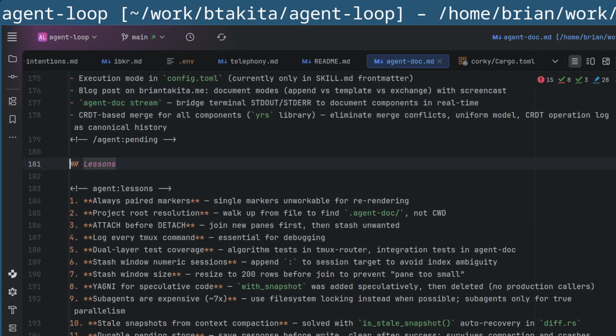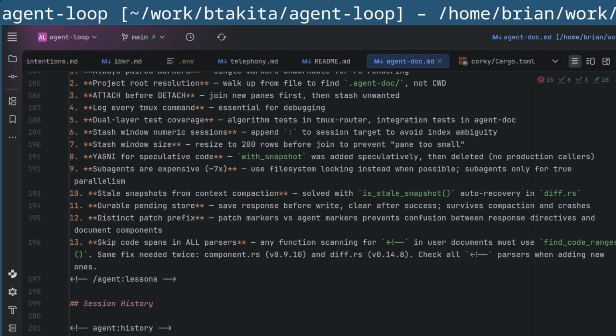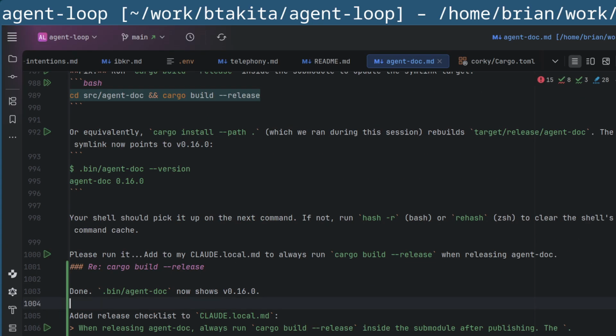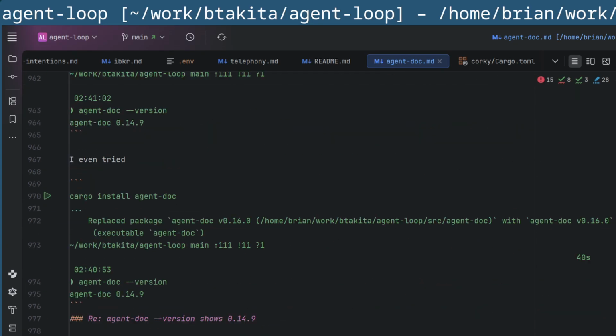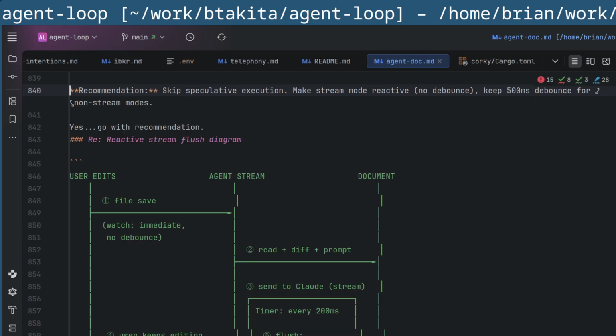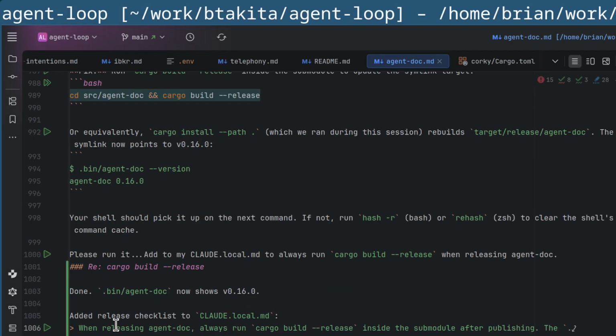Oops. Ooh, we got some lessons learned. Yes, we got a lessons component here. Yeah, so this is from our previous session. Looks like I should probably compact it. I wonder if we got this in here. Did this get documented? No. So